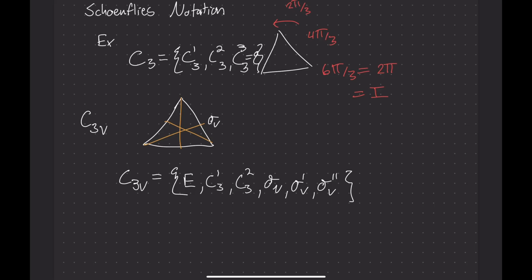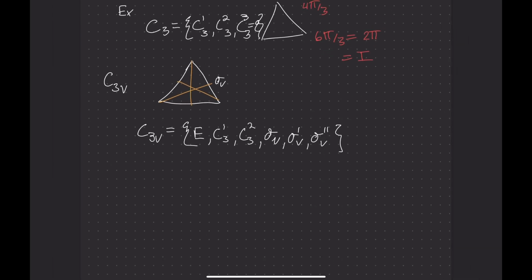Great. And last but not least, for the examples, consider a group D3. So D3 is actually an isomorphism of what C3V is, and I'll explain that in a second. But essentially,